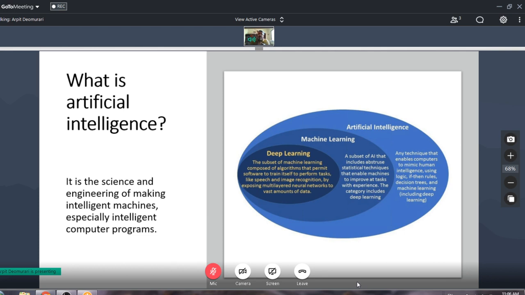Today we're going to talk about two aspects of AI. One is machine learning, and the other is deep learning. These are all algorithms which are used to create systems and software that enable us to develop more efficient performance.